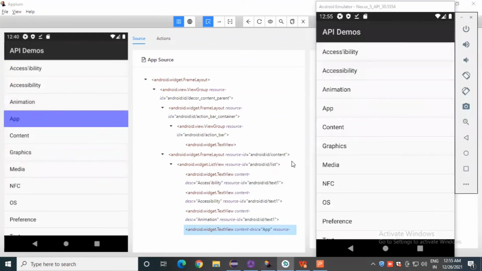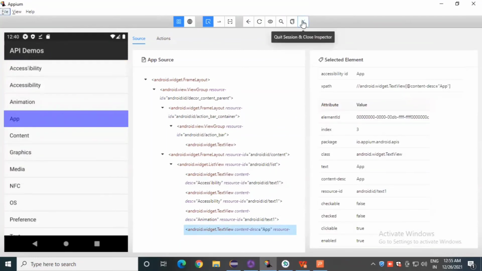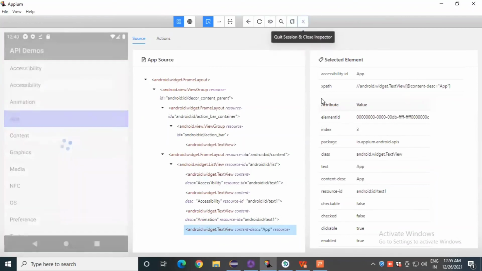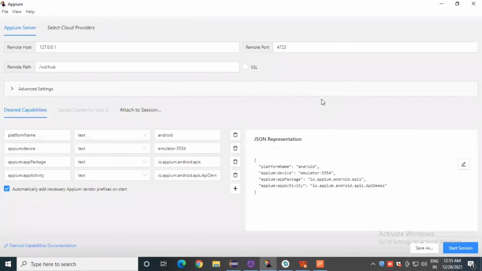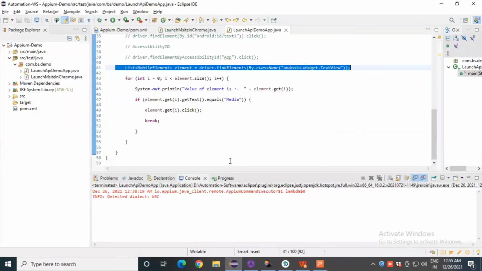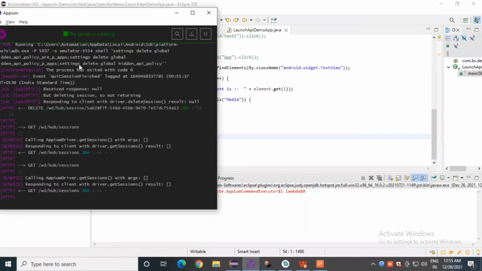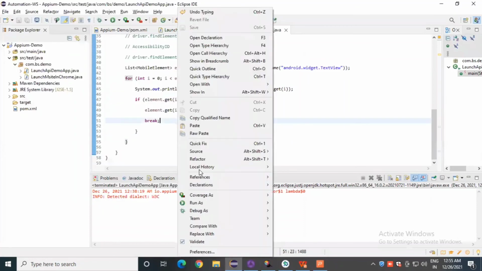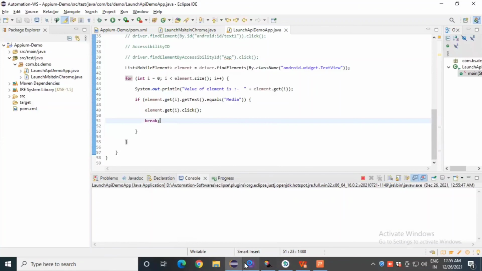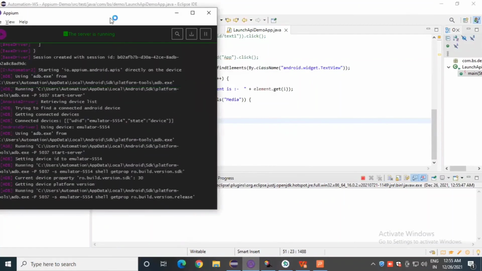So let's try to run. We need to close this one from here. Okay, and check whether our Appium server is properly running. Right, it's running properly. Just right click on this and run as Java application. Check the logs here.